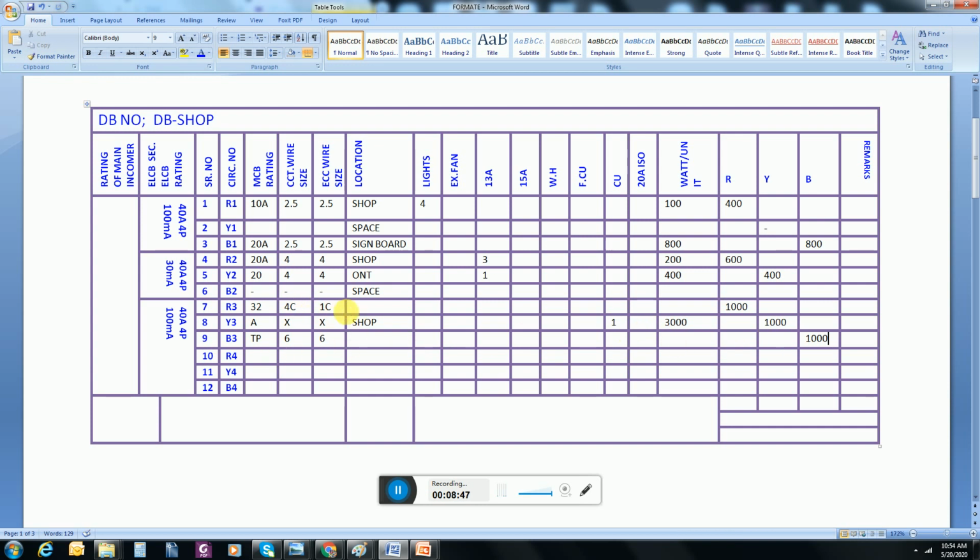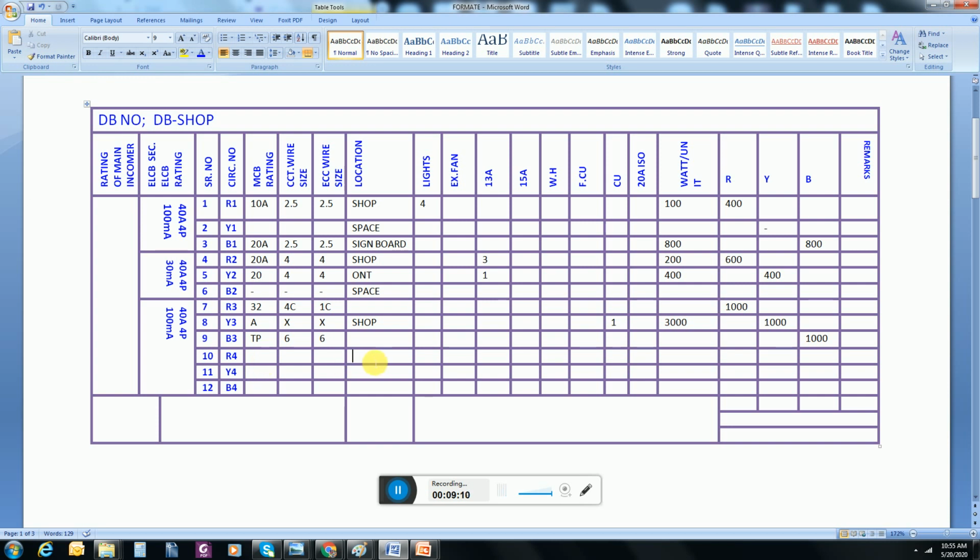As you know, there are two machines in an AC. One is the CU and one is the FCU. One is the condensing unit and the other is the fan coil unit. So here on any phase I can give the FCU. I am giving it on the yellow phase.